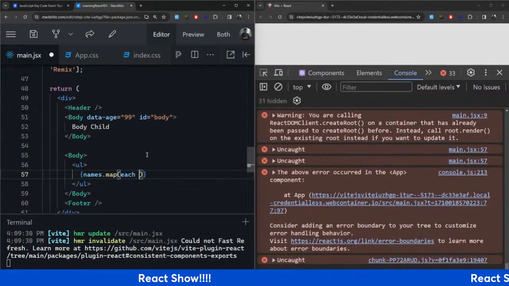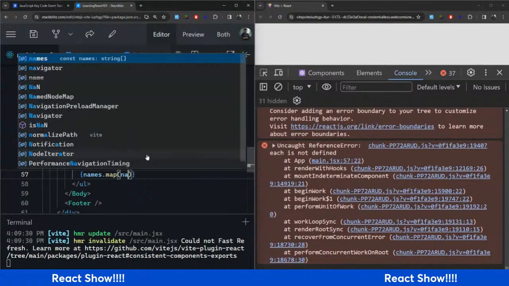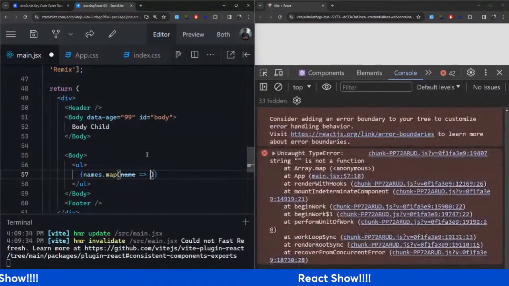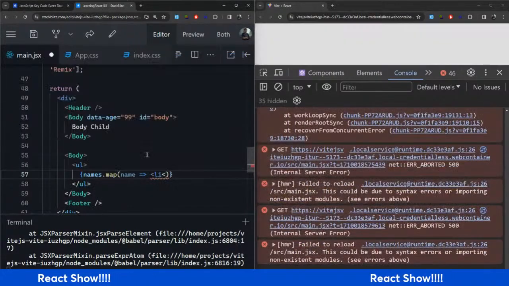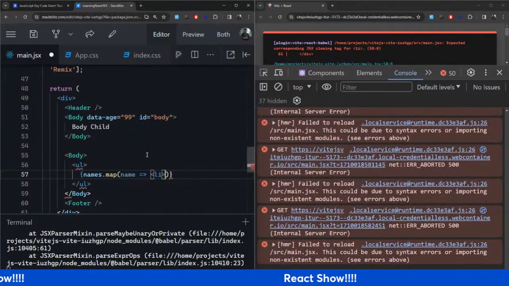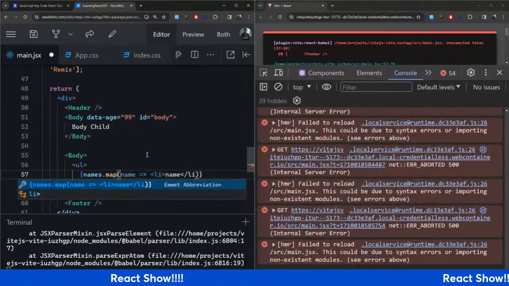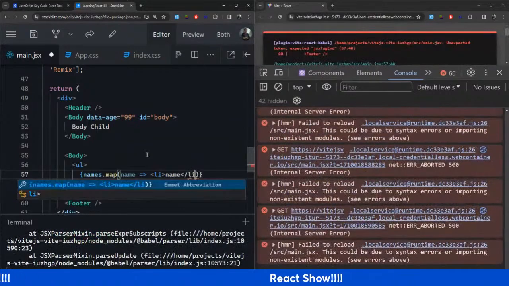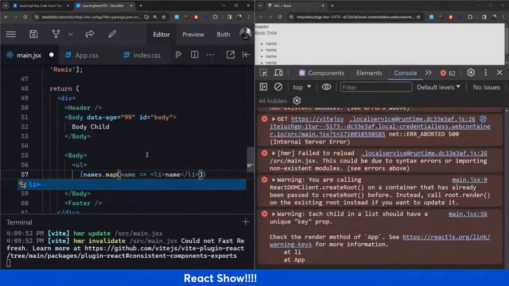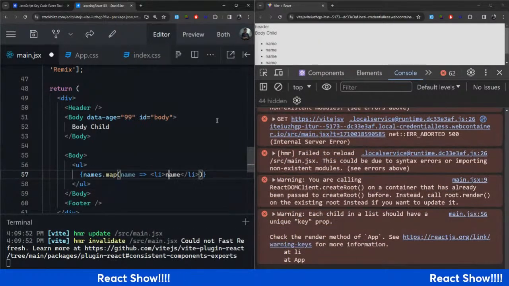You're saying each name, and it should return li of name. Li of name. So you can see that by default now, our name is returned